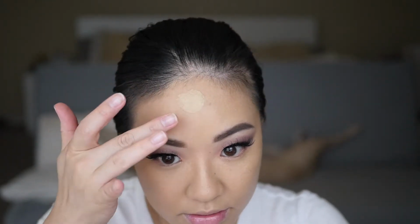It's pretty medium. I still see a lot of my freckles. My redness is kind of toned down a little bit. It's not completely gone, but that's okay. I'm going to do just another half pump on the back of my hand, and I'm just going to add that to my forehead and on the sides of my